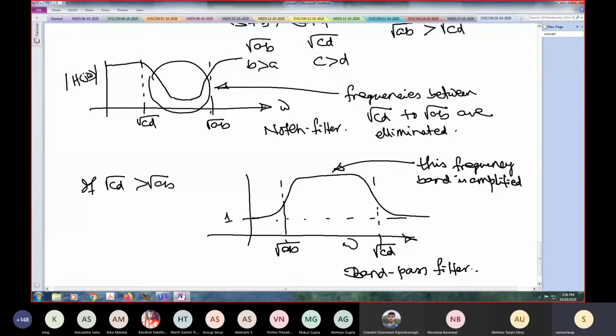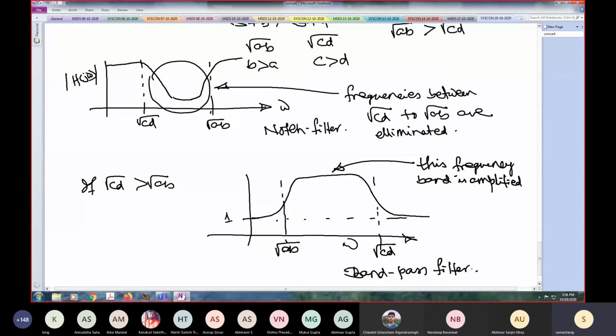Very commonly used band pass filter in all kinds of older radios where you turn the knobs to catch certain frequencies in a certain band. They say 94.6 FM. So you put a band first, then you have a resonating system which will catch that. What you are doing there is you are interested in a particular frequency band, and the rest of the things you want to eliminate. That is what a band pass filter is. So these are common uses, but these are not the uses in control systems. How these are used in control systems, you will learn.